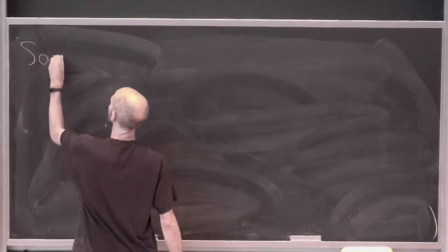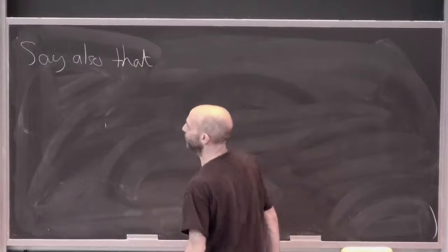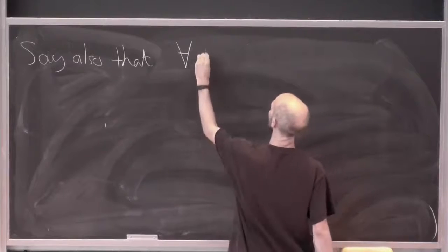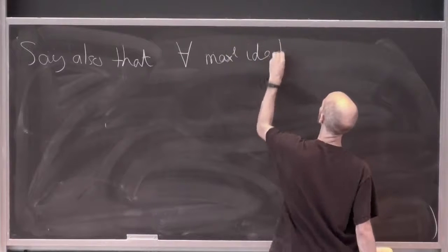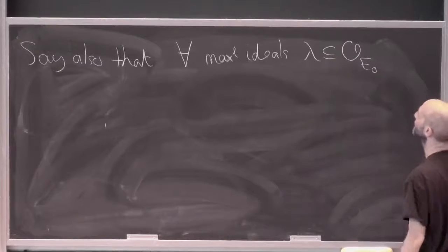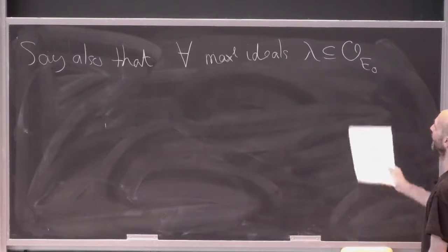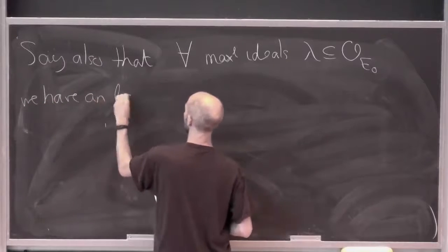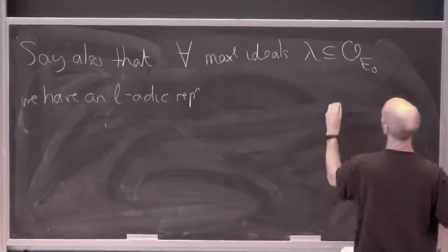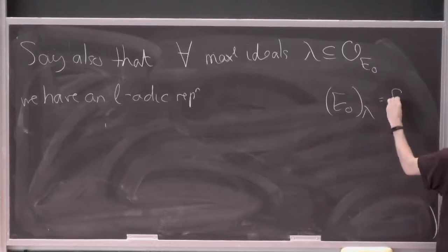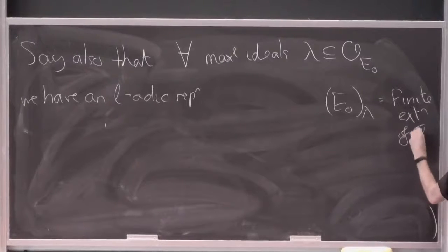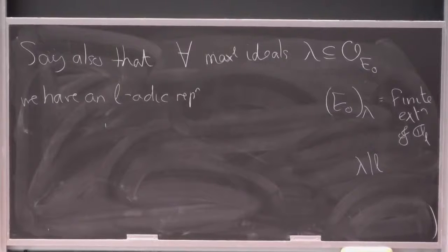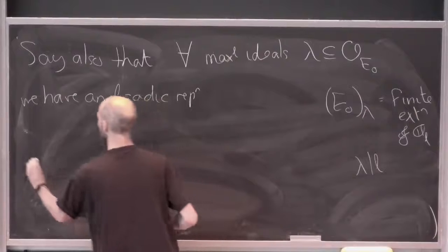Now let's say also that for all primes of E0, right? For all primes, finite places, whatever. For all maximal ideals lambda living in the integers of E0, right? So if E0 is Q, which is fine, then I'm taking a prime number. For all maximal ideals lambda of E0, we have an L-adic representation. So I can complete E0 at lambda, right? That's some finite extension of QL, where lambda divides L, right? This prime ideal of the integers of this number field will contain a prime number, L. So let's say that for all maximal ideals we've got an L-adic representation, so that would be called rho lambda there,